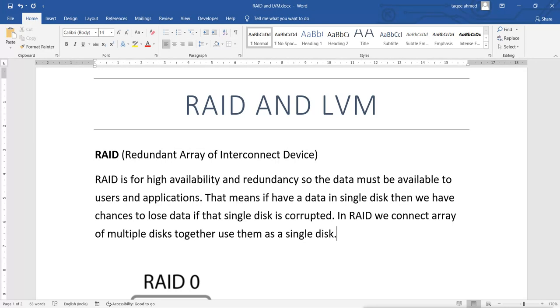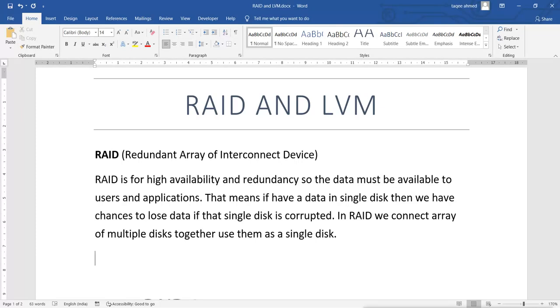Now for configuring RAID, we have two options. For configuring RAID, we need a controller. Controller means what controls those disks, like how the data will be stored on those disks, and that is decided by the controller.